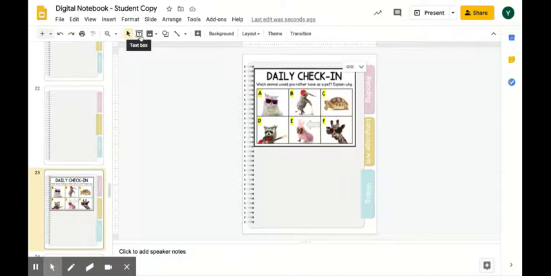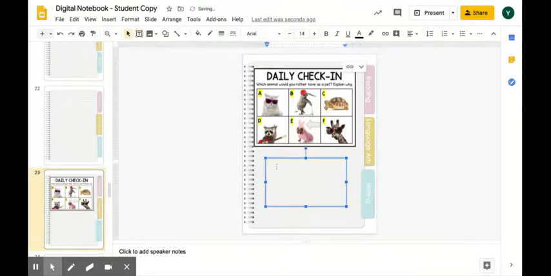You're going to go into your text box. So whenever you get lost, you kind of just hover over things and it will tell you what each thing is. So when I tell you to go to your text box, it's a little box and it has a T for text. So you're going to click on that and then you're just going to drag it anywhere you want on the screen. That way it's going to give you access to write. So I'm going to put,